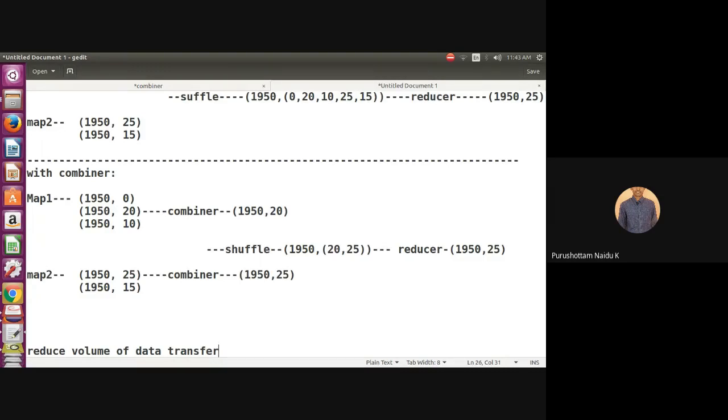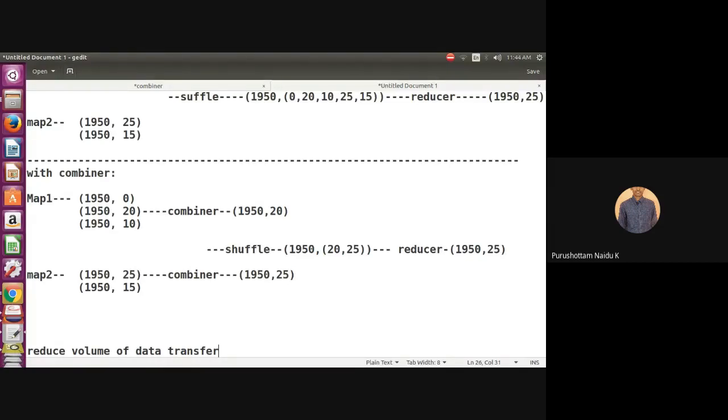That is the main advantage of the combiner. But the drawback of the combiner is it cannot work for all types of problems. It can work only for some types of problems, with good performance. It gives the correct result only for some problems. It does not give the accurate result for all problems.